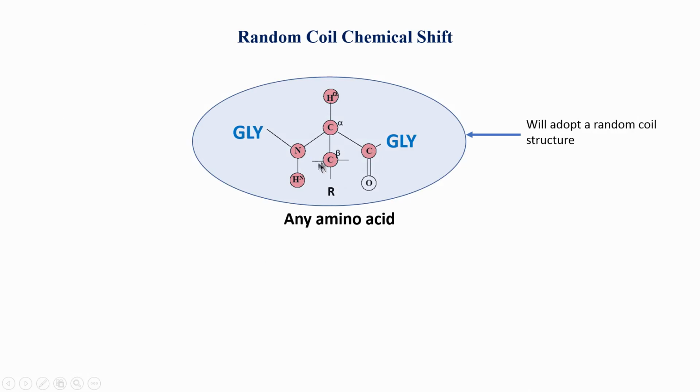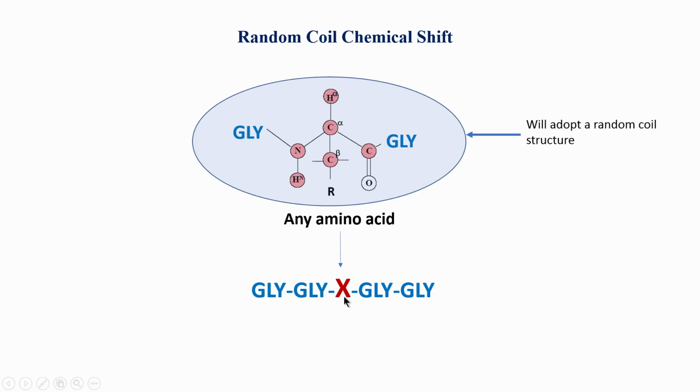This is how people typically do it experimentally. You can take this tripeptide, which will be more like a random coil. Sometimes they even extend this tripeptide to a pentapeptide by adding one more glycine on either side. Now it has an even higher propensity to be in a random coil, because you are adding more and more glycine.